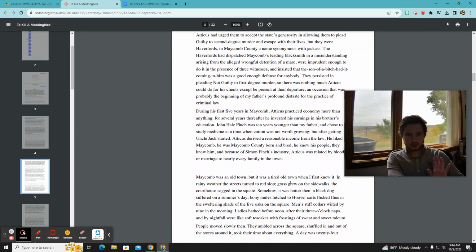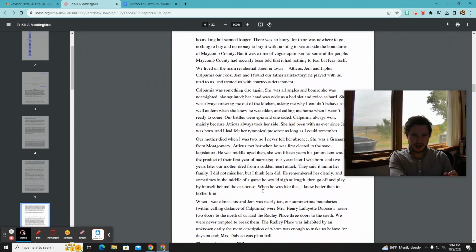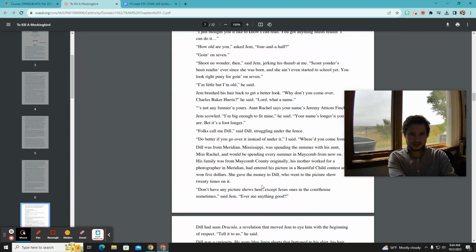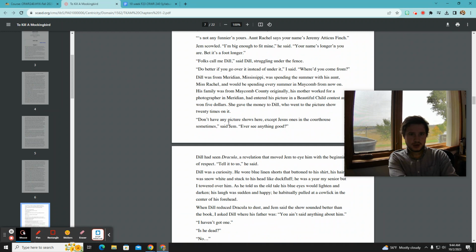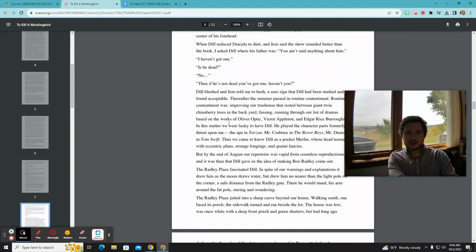But the part that I really love and that I want to point out is our main characters meet this runaway named Dill, and there's a house down the street. Now remember, these are little kids, so there's been some exposition introducing us to our main characters, Scout, Jem, and Dill. They are little kids, and one of the things that the author is going to try to show us